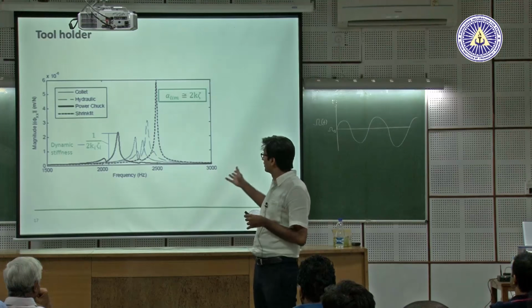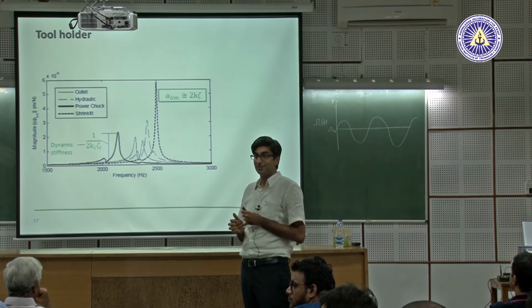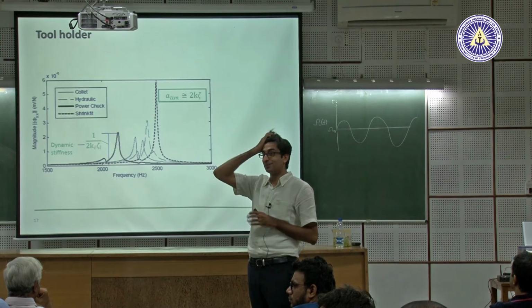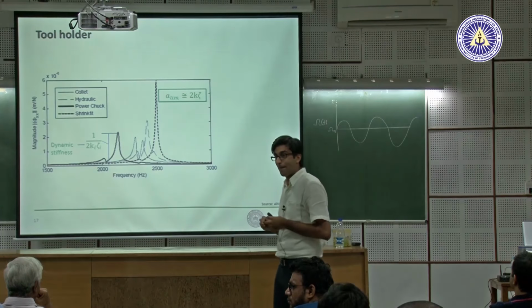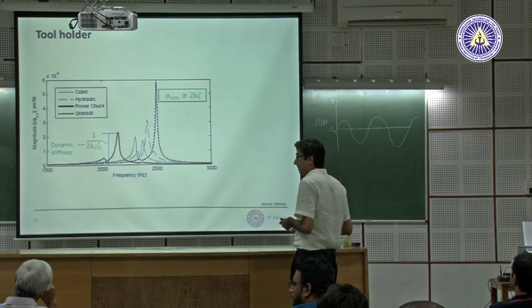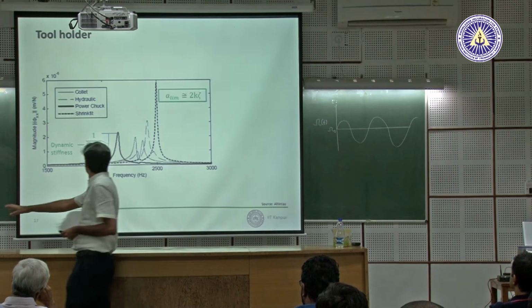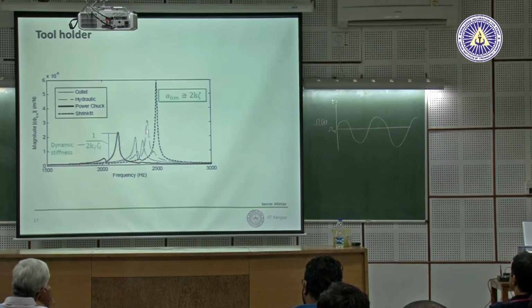This is an end mill, for the same tool, for the same parameters. So the power chuck has, you can say, more chatter compared to this hydraulic chuck. The hydraulic chuck is this one. So it depends how you're using these cutters, because stability will also be different. Frequencies are different. I mean the theory goes like this: whatever the fluid inside the hydraulic chuck, it gives the damping. Yes, that's true to a certain extent.